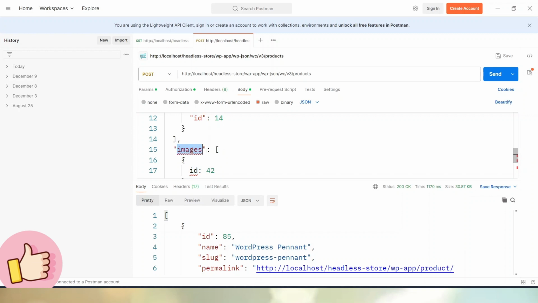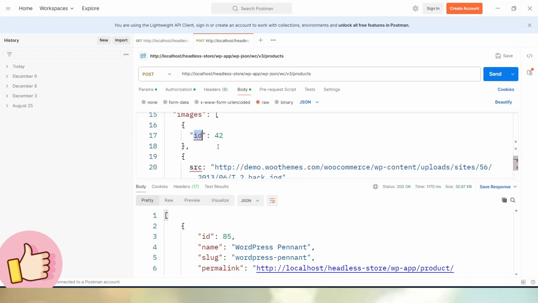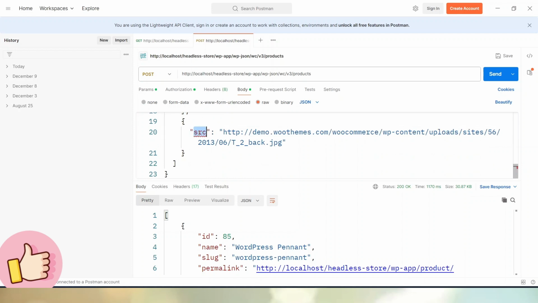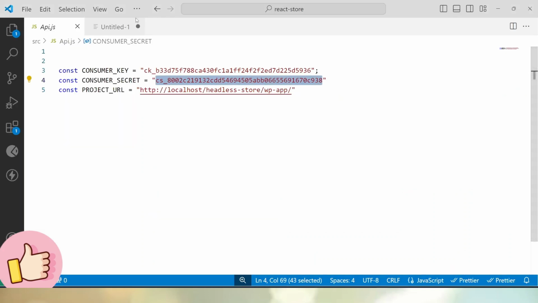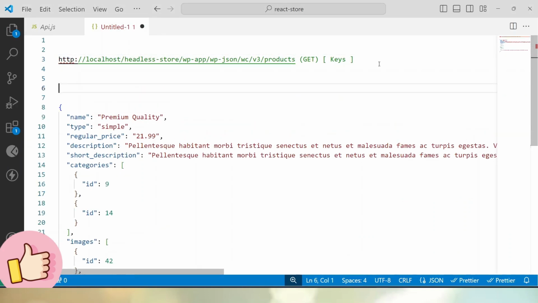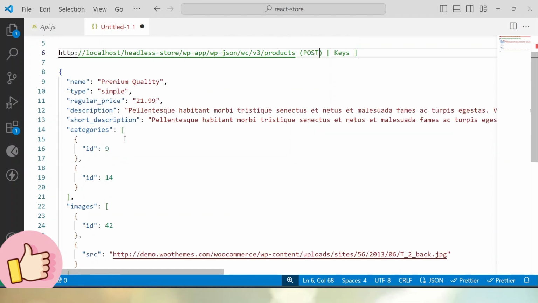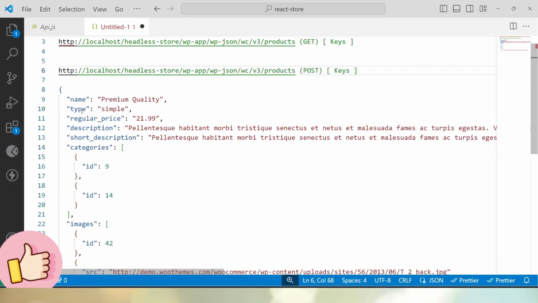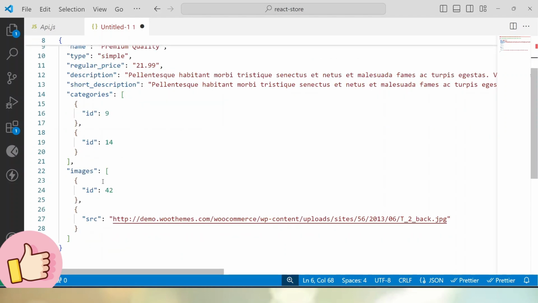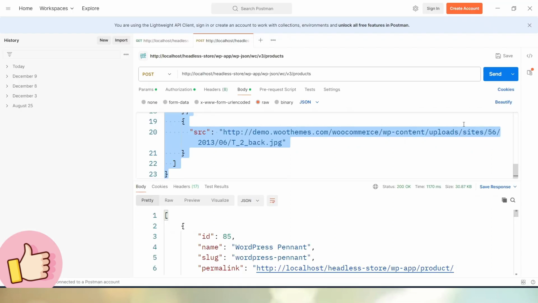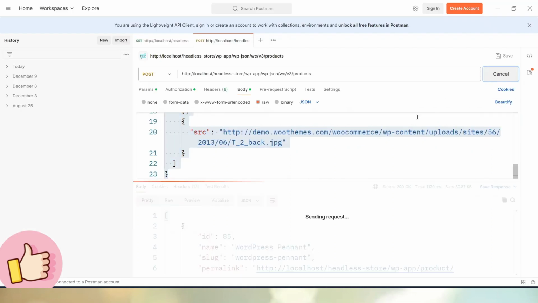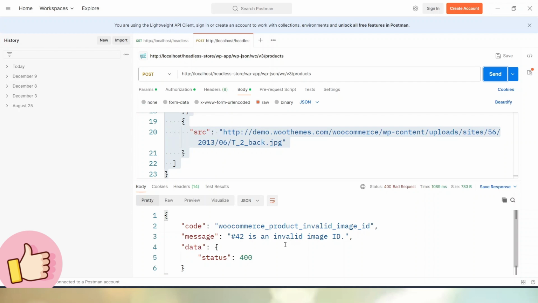Then here we have the images, and here we have ID and SRC. Now this time, if I copy this whole object and open a new tab, we are hitting the same API endpoint, but this time we have to use the POST request type. Here are the parameters we are passing: name, type, regular price, description, short description, categories, and images. Once we click on the send button, we can see an invalid